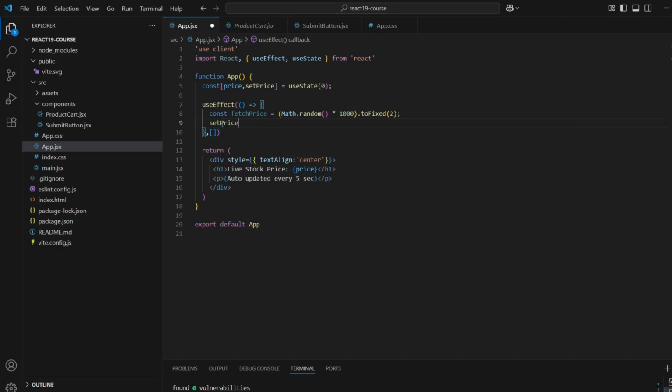and here let's set whatever the price we have. So let's do one thing. Let's rename it fakePrice instead of fetchPrice. Okay, and let's set it here, the fake price, whatever the price we are getting, and now we need to keep this inside a function